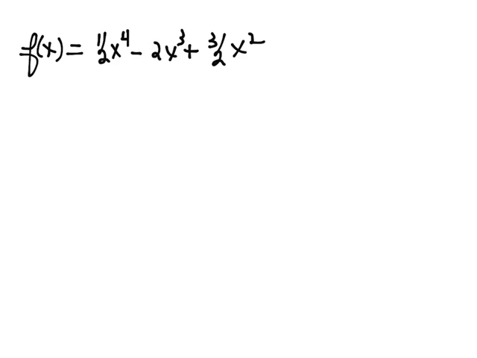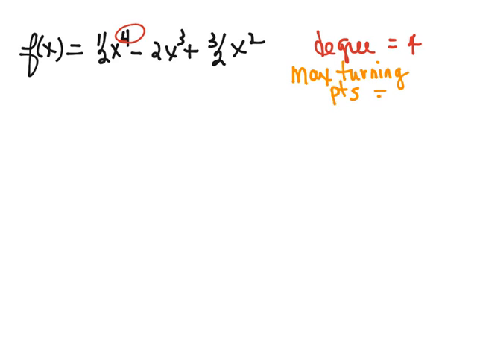We're given a function f of x equals 1/2 x to the fourth minus 2x cubed plus 3/2 x squared, and we're asked to determine the maximum number of turning points of the graph. We're also asked to find the real zeros for the graph. So we know that our function is degree 4. So the maximum number of turning points that this function could possibly have is 1 less than the degree,